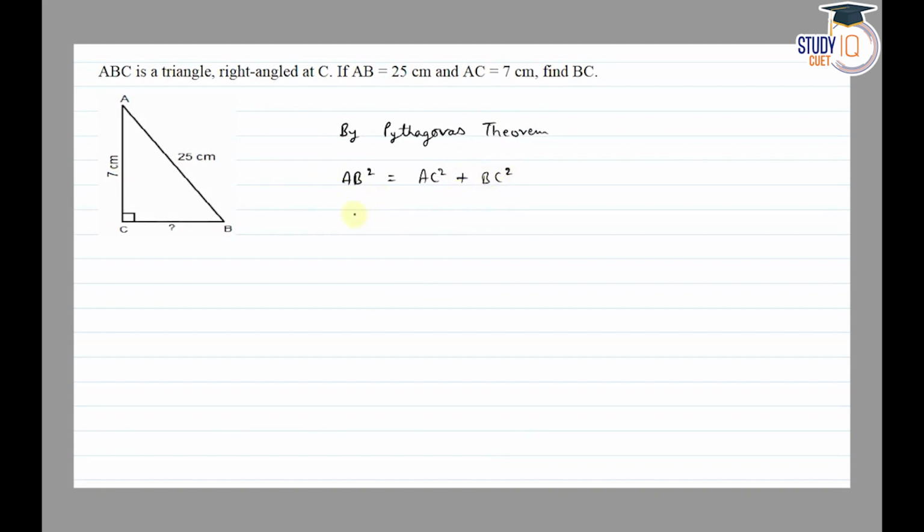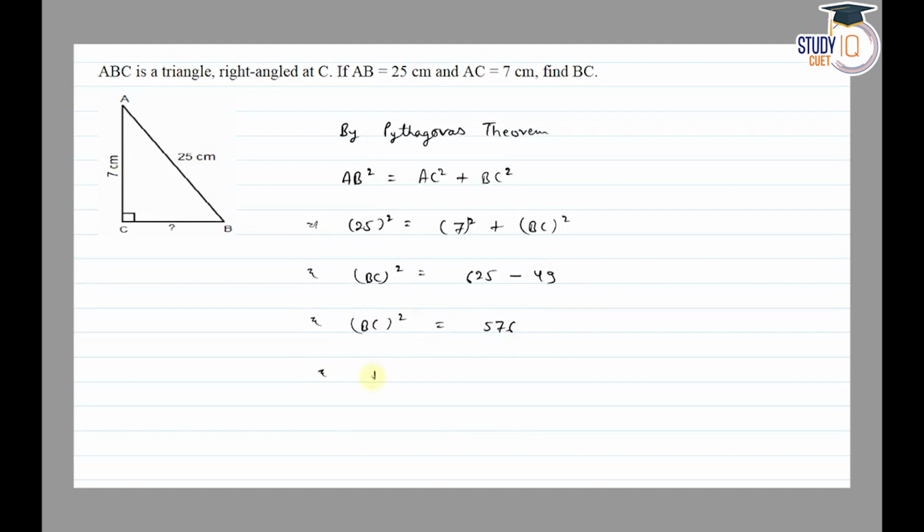So हमें given है AB equal to 25 cm, AC equal to 7 cm plus BC, हमें base find out करना है. So BC square is equal to 625. 25 का स्क्वायर हो जाएगा 625 एंड 7 के स्क्वायर को हम इधर शिफ्ट कर देंगे, सो हो जाएगा -49. सो BC स्क्वायर इज इक्वल टू